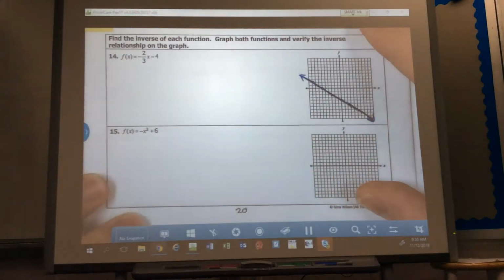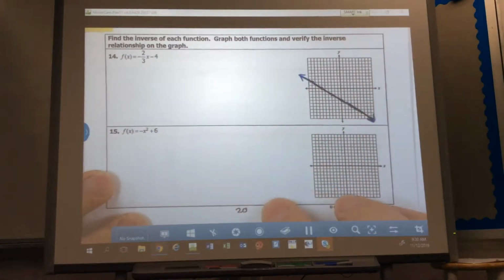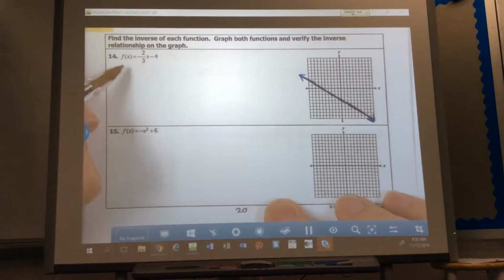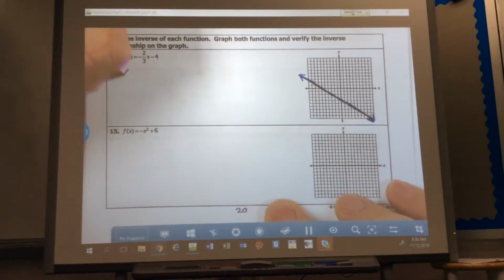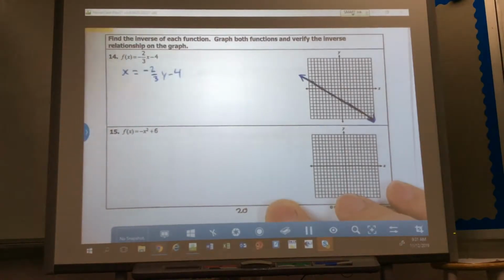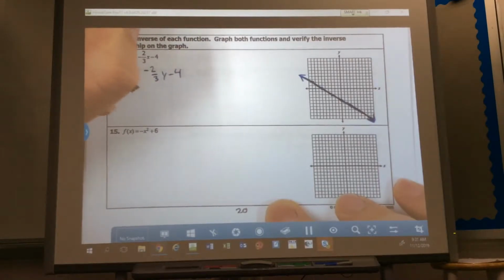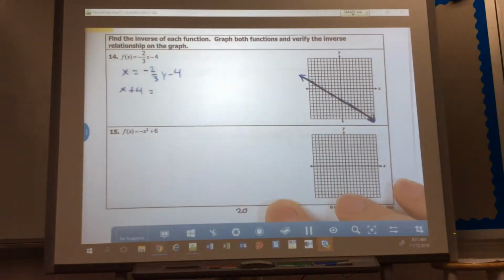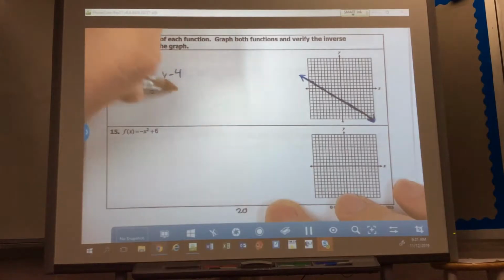So what we're going to do is find the inverse by switching x and y. So change f of x to y and then switch x and y. So this is going to give me x is equal to -2/3 y minus 4. I'm going to add 4 to both sides, so x plus 4 is equal to -2/3